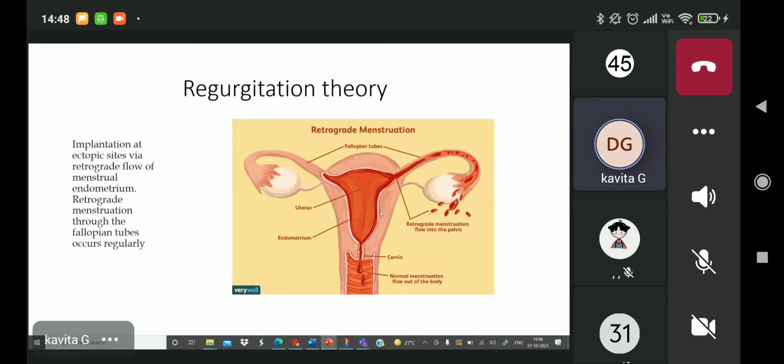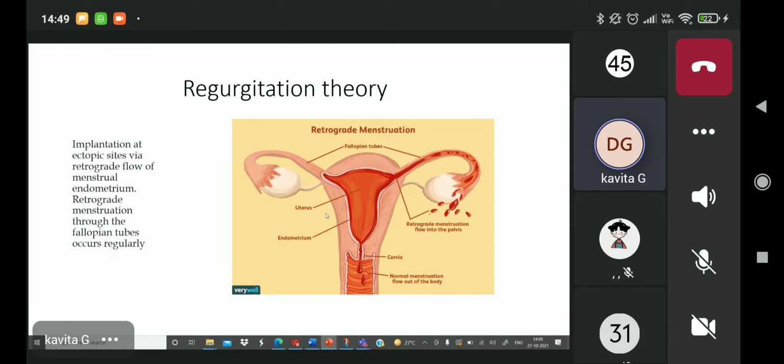Sometimes the normal flow reverses. So it's retrograde menstruation, opposite direction of flow. You have this blood that is flowing into the fallopian tubes towards the ovaries and the ligaments. So this retrograde menstruation to some percent actually happens a little regularly, but it's not supposed to happen so much so that it causes the disease.